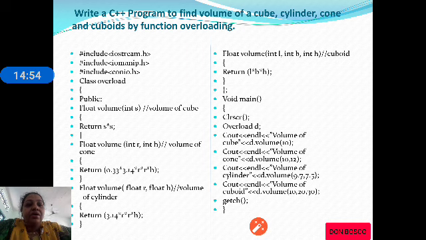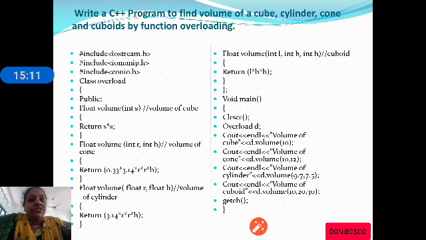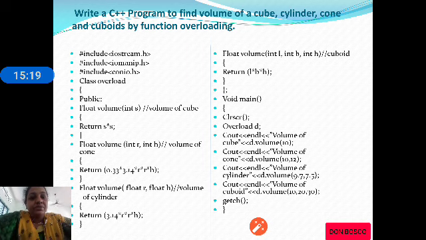And they are called by passing different arguments to each function. When one argument is passed, the function which calculates the volume of a cube gets executed. When the volume function is called by passing two integer arguments, then the compiler executes the volume function which calculates the volume of a cone.